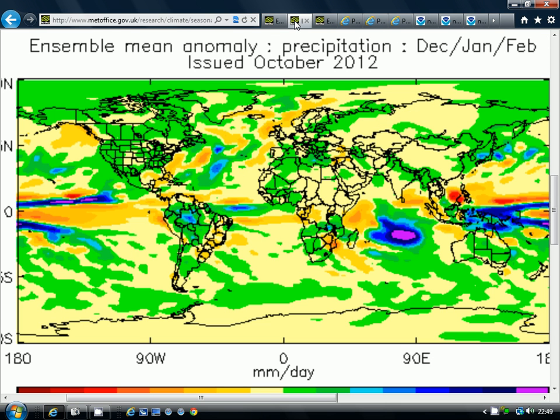So let's go on and have a look at the precipitation anomaly, and again this is quite interesting. We're seeing below average precipitation anomalies being forecast to the north and to the west of the British Isles. Near normal precipitation anomalies being forecast here around southern and central parts of England, and well above average precipitation anomalies being forecast through the Mediterranean. So these orange colours probably indicate again some form of area of high pressure to the north and to the northwest of the British Isles, and the above average rainfall being predicted through the Med